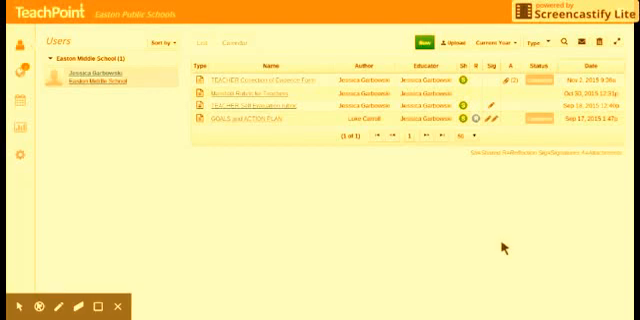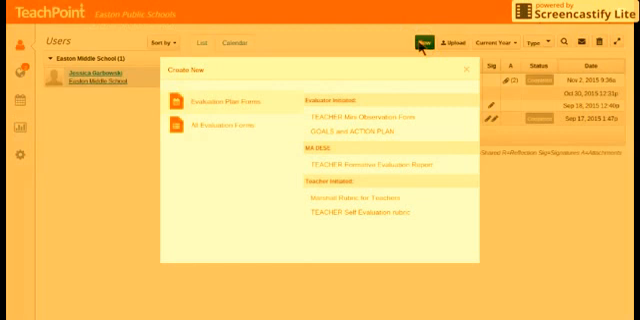Today I'm going to show you a new feature that has been added to TeachPoint to make your life easier when it comes to evidence collection. In order to start this, you would go to New when you logged in so that we can find the